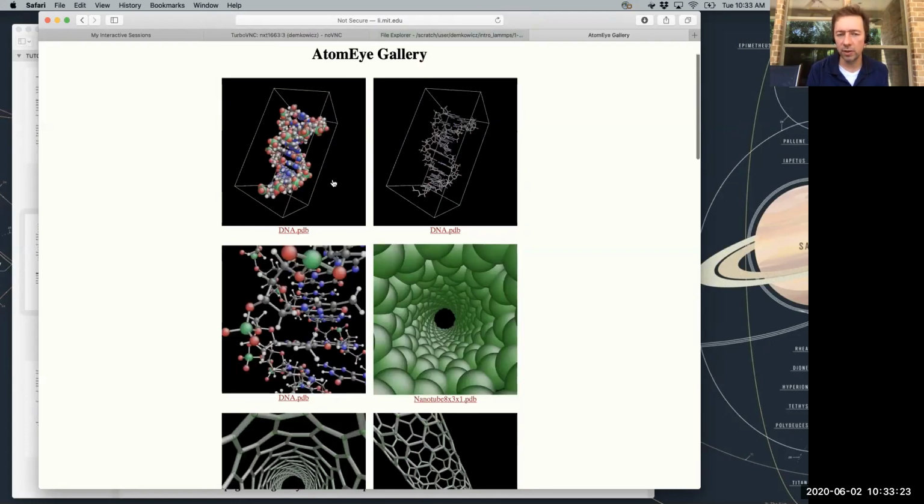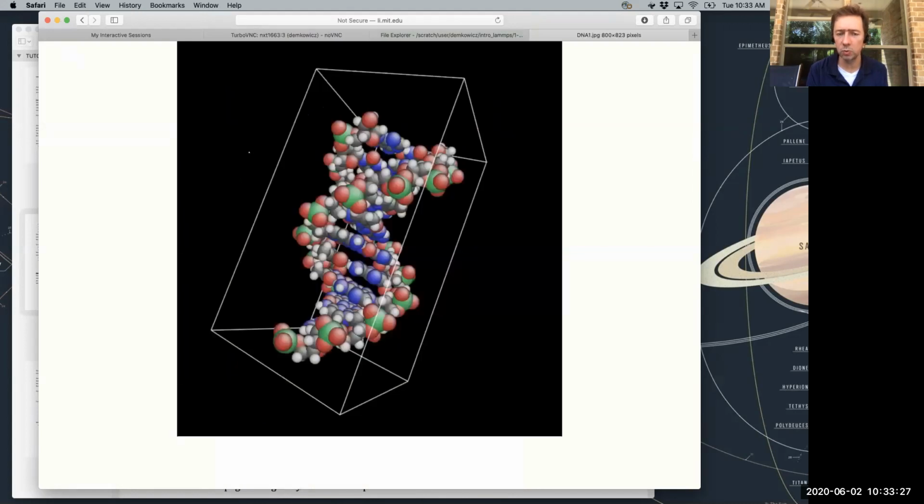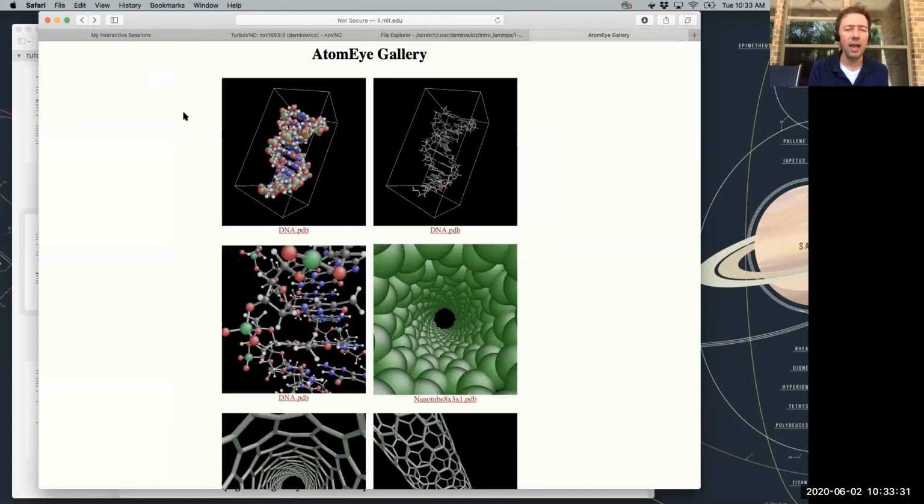And if I press on one of these images here, it gives me a zoomed in version of this image. This is the DNA file that we're going to be looking at. And if I press on the link underneath the image, that's going to download the file that contains this structure. Okay, I'll show you in a minute exactly what the structure looks like and then what's in the file. But for starters, just press this link and it should download the structure to your downloads folder.